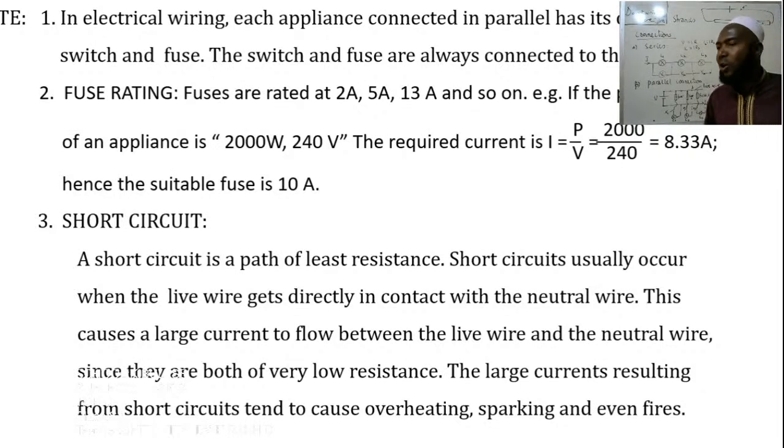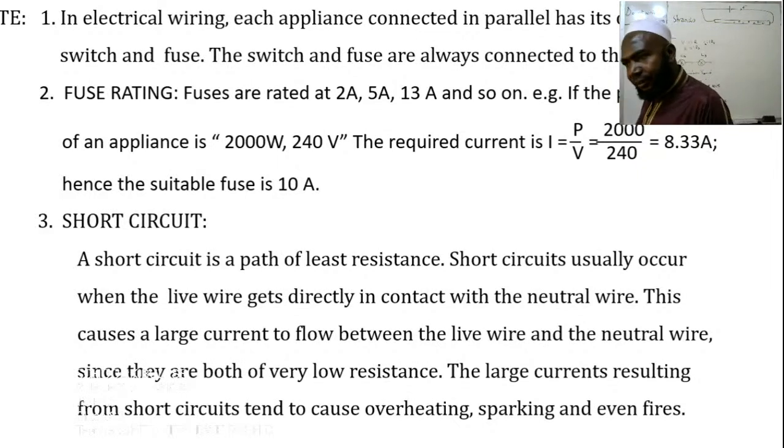And usually they are whole number values. The rating of the fuse should be slightly higher than the current flowing. Have you noted that? I'm saying the rating of the fuse should always be slightly higher than the current passing